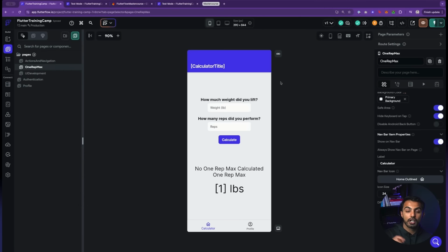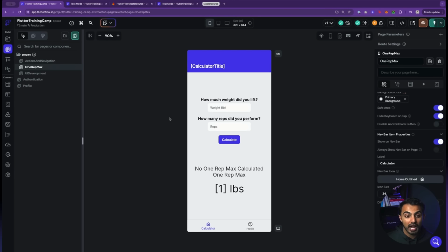Cool. Now I want to talk to you about databases. If you've made it this far, I want you to give yourself a pat on the back because what you've just accomplished is extremely impressive. And even if you're understanding 50% of this stuff, you should be very proud because you're at the cusp of becoming a full stack app developer. And I'm sure with enough repetition, and if you rewind this entire lesson and follow along, you will be able to build this type of app. And like I said, I spent an entire semester trying to build a 1-rep max calculator. So for you to be able to do it and understand all the fundamentals of full stack app development is extremely, extremely impressive. So let's keep moving.